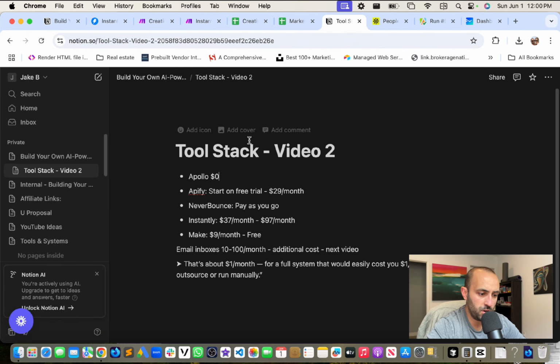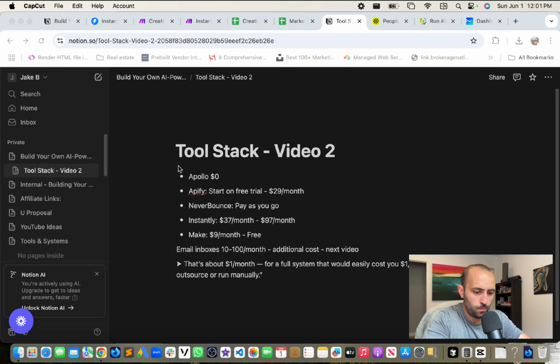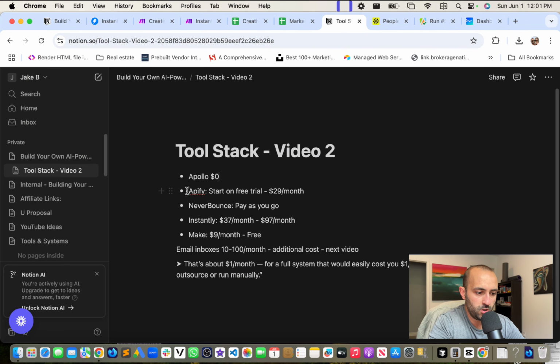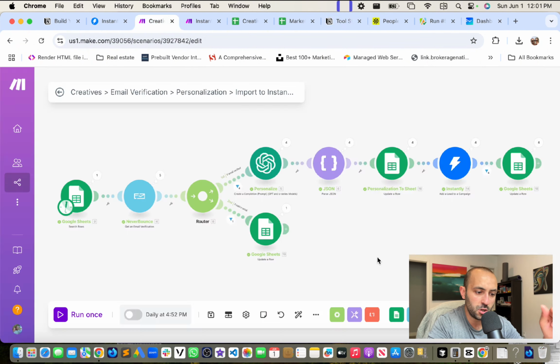The next part I wanted to go over is the tool stack. So far we've signed up to Apollo for free. We've started Apify on a free trial with the potential to upgrade to $39 a month, but you need this